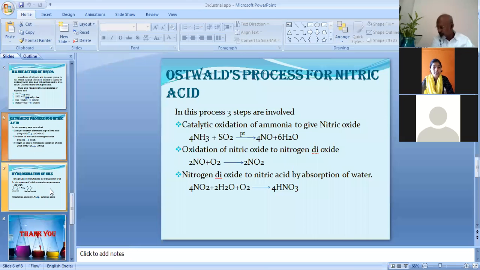In the third reaction, nitrogen dioxide reacts with water and oxygen to form nitric acid. Nitric acid is used in the preparation of fertilizers like calcium nitrate and ammonium nitrate. It is also used in the manufacture of explosives, drugs, dyes, and perfumes. So next,